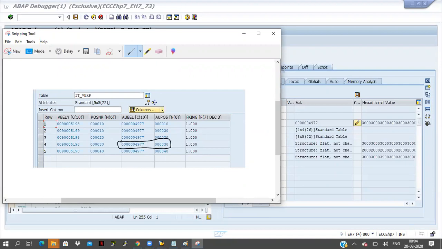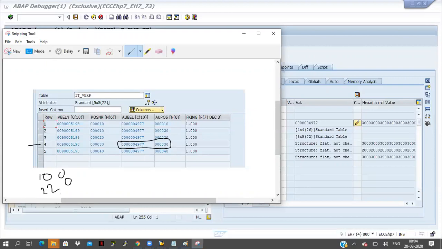Just assume in this internal table I have some 1000 records. 4977 and item number 30 is available in the fourth record, and the same record, 4977 and item 30, is available in the 100th record also, and one more time in a 220th record. Just assume 4977 and 30 is available in 100, 220 and 980.